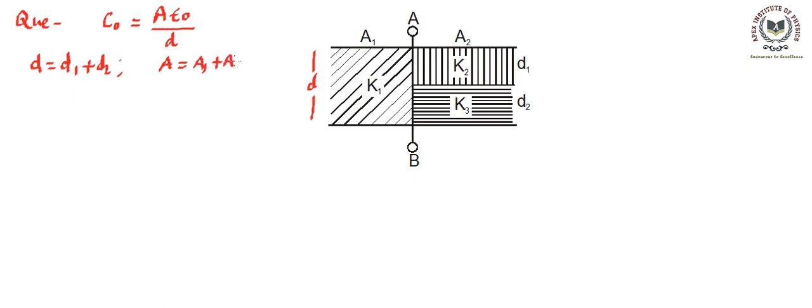So this is the information we can use from the figure, and then we will try to redraw this capacitor into a combination of capacitors, so that each capacitor is completely filled by one dielectric. So we can say this A1 and A2 have to be separated. There is going to be one capacitor connected like this, which is of A1 area, and this is of K1 basically, K1 A1, and distance or gap as D. So let's call it C1.